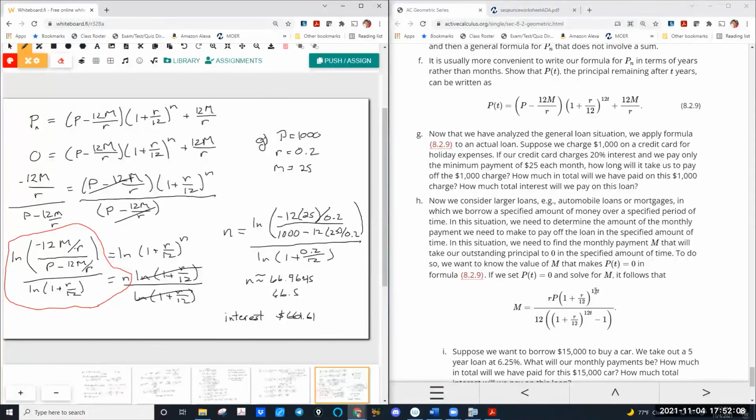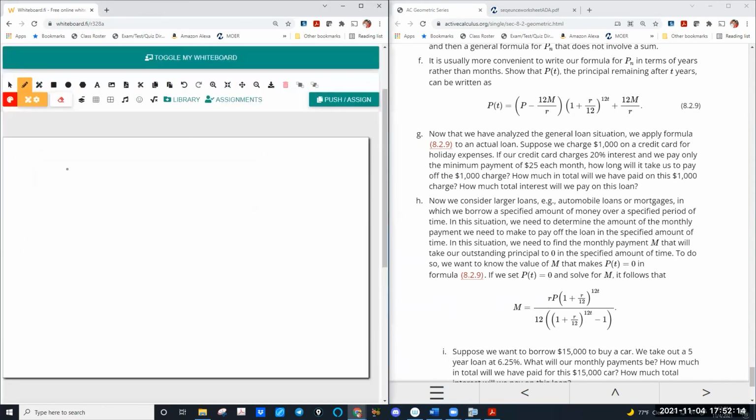This formula here, now this is in years, so I'll rewrite it in our notation where we're doing it in months, and it's up to you, whichever you like. I mean, they both work fine. I just like sticking with months on this one. If we had solved for M instead of N, we would have gotten R times P times 1 plus R over 12 to the N, again, I'm doing N in months, over 12 times 1 plus R over 12 to the N minus 1. So in this case, you'll be trying to solve for the monthly payment. All right. So